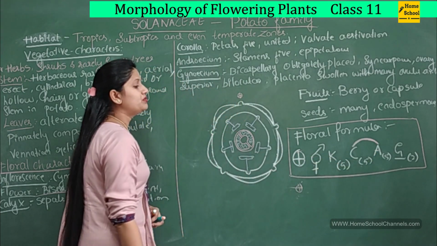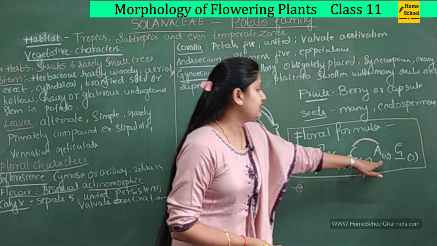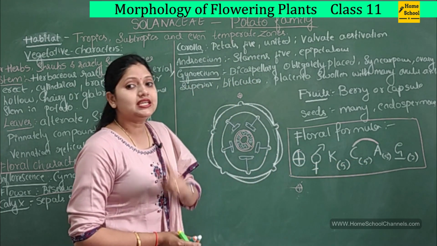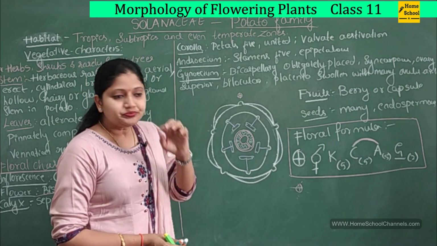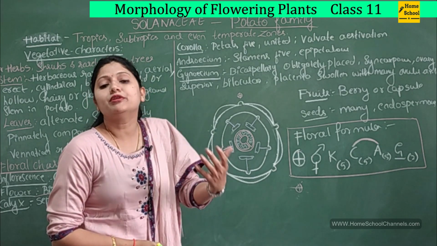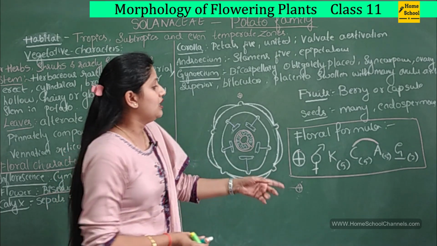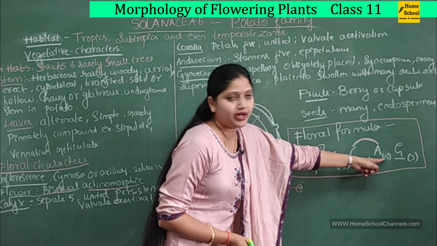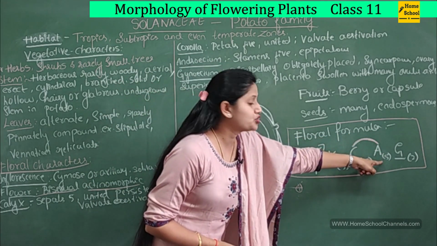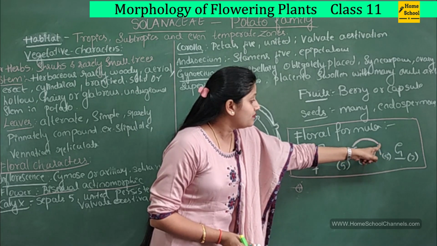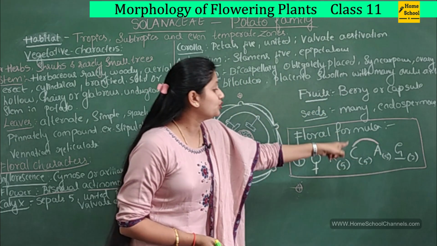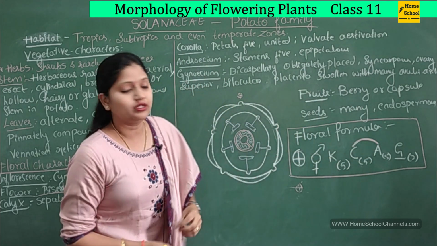And then the third one is the androecium. Here there are again 5 stamens. But we had seen one condition, that the stamens can be either fused to themselves or they can be fused to some other whorl. So here, since we have written it as 5 in the bracket, this bracket is showing that it is fused, but this symbol is showing that it is fused to the corolla, it is not fused to themselves.